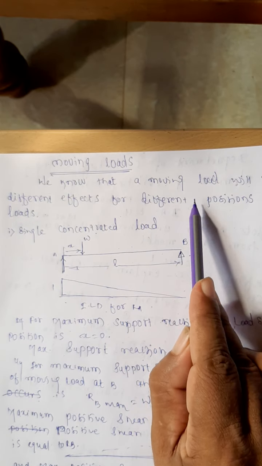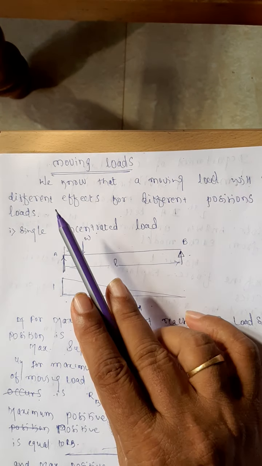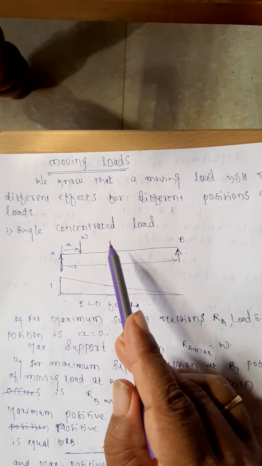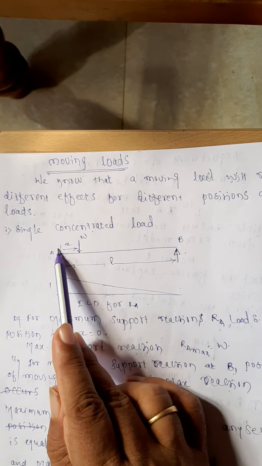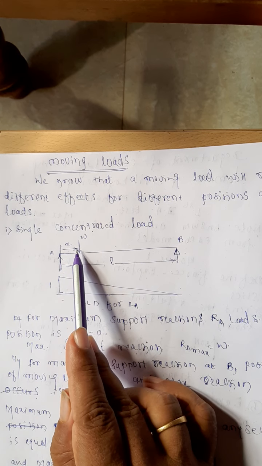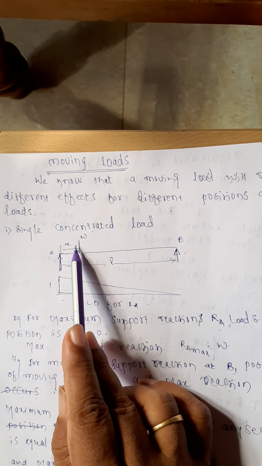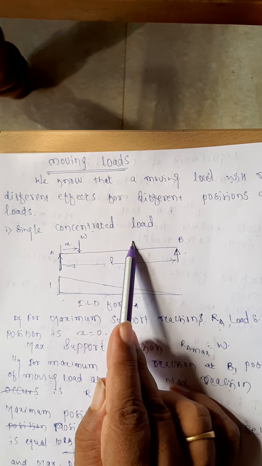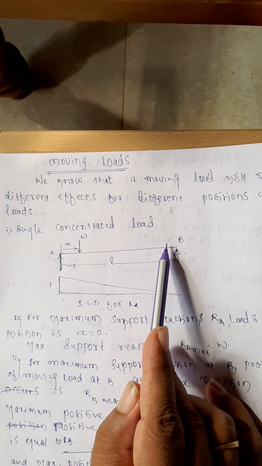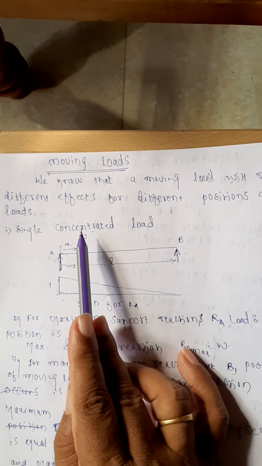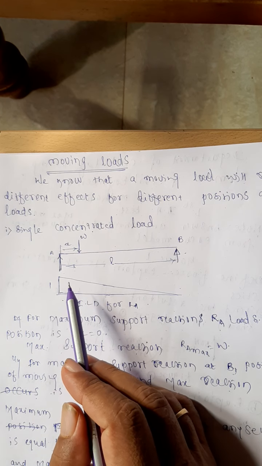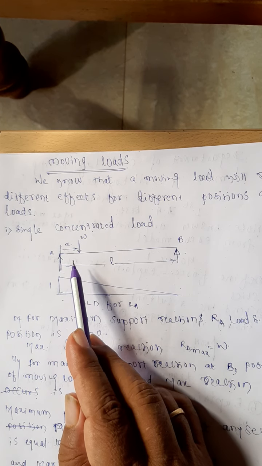We know that a moving load will result in different effects for different positions of the loads. Means the structure being the same, when a load moves from one end to the other end, already through the influence line diagram we have studied this moving load. The load will have a different effect at different locations. Now we are studying the effect of a single concentrated load. We are studying when it creates the maximum